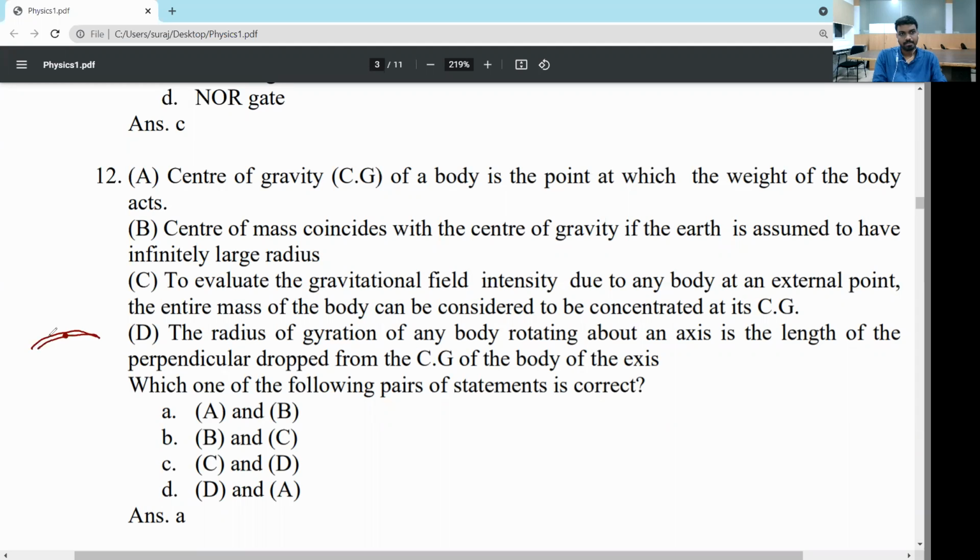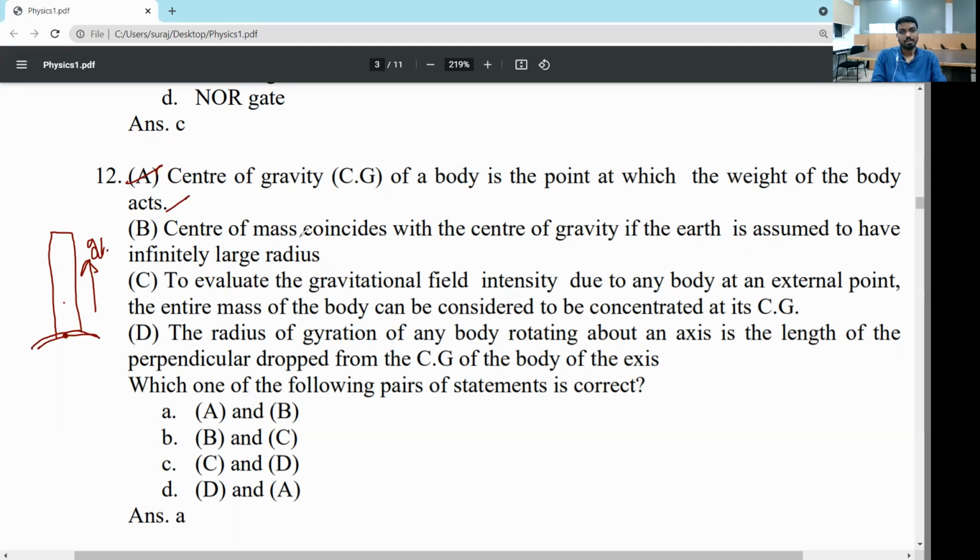See, let's say this is Earth. If there is an object which is huge, its length is huge. Now the mass of the object which is closer to Earth will be attracted with a much larger force, whereas mass of the object which is far away from Earth will be attracted with a much lighter force, because as we go up, g decreases, right? So center of gravity won't be center of mass. Getting? Now center of gravity of the body is the point where the weight of the body acts. Yes, option A is correct.